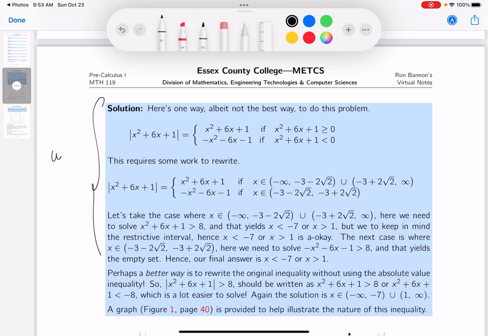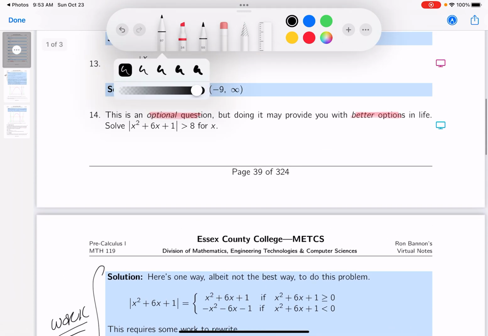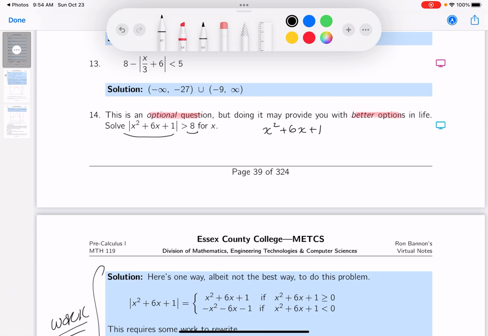This is the work, but I want to concentrate on what we're doing in classroom, by the way. And what we're doing in classroom is we're rewriting these guys. Let's write this down. So it's going to be x squared plus 6x plus 1. And for the absolute value of this thing to be greater than 8, well, it means it could be this,